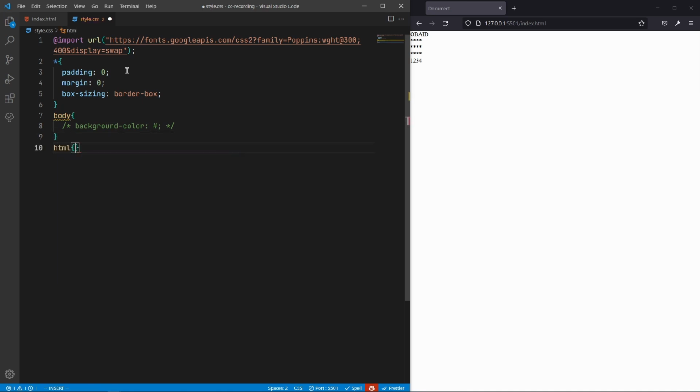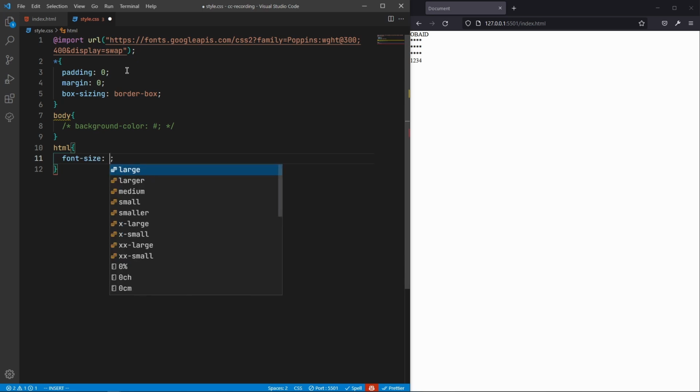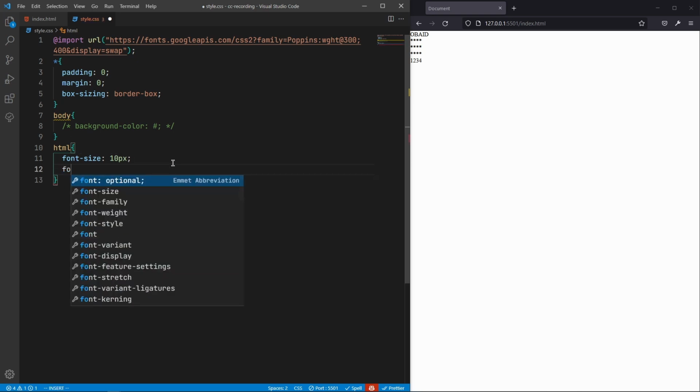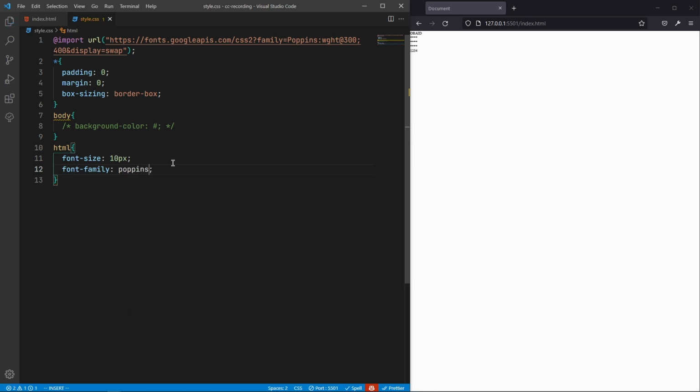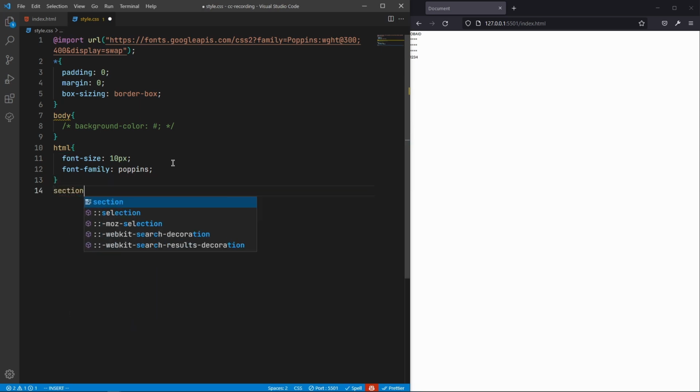In the HTML, let's say that font size will be 10 pixels. So now in our HTML, the font size is 10 pixels, and after that, let's also apply the font family here, and let's say that font family will be Poppins, and the font is already applied here, and let's say that the color will be, for now let's keep it black. And after that, let's go to our section, and here let's say that the width will be around 100%, and min height